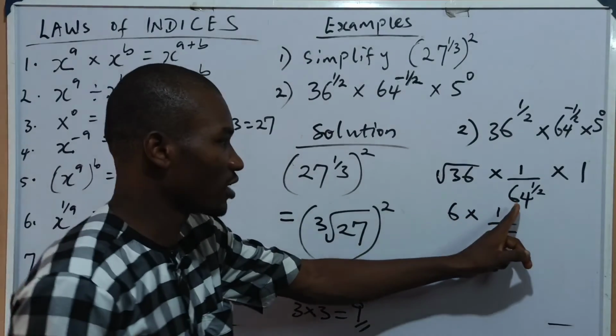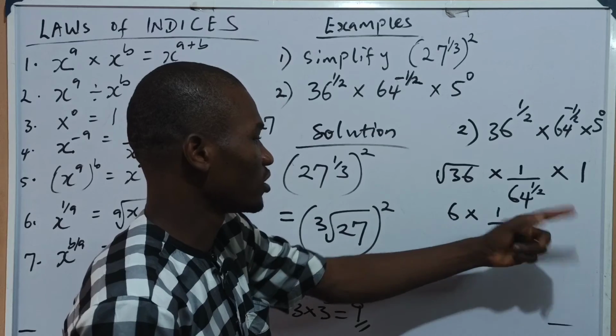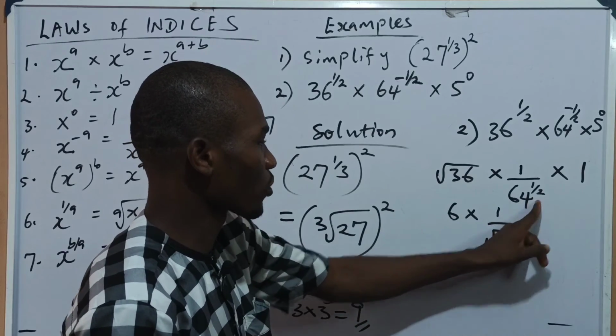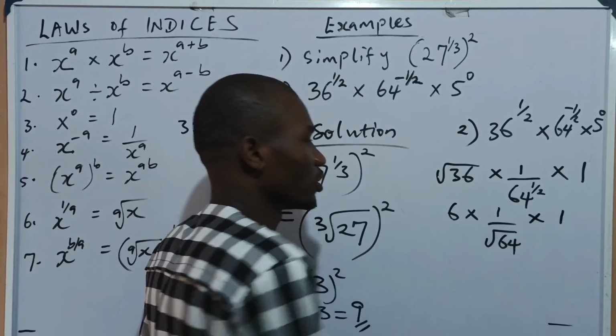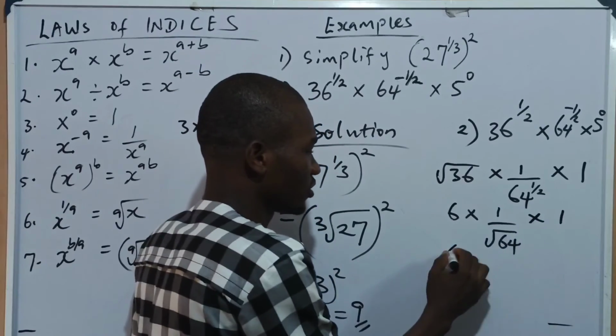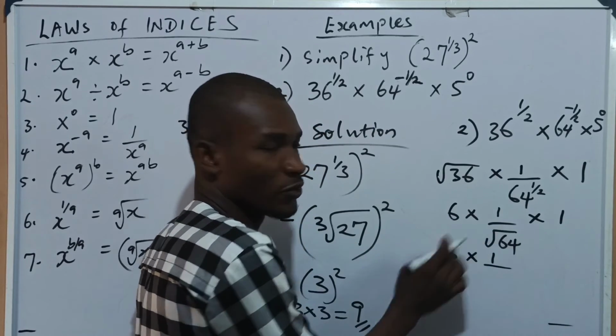And that is what I did here exactly. That 64 raised to the power of 1 over 2 is the same thing as saying the square root of 64, then multiplied by 1, such that we have 6 multiplied by 1 over the square root of 64,